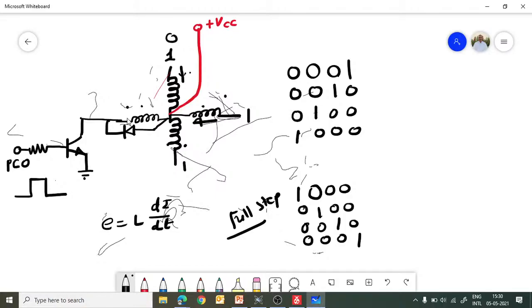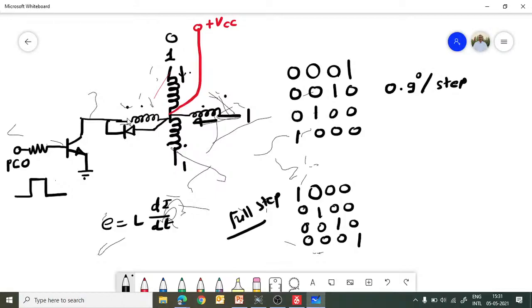The number of steps required to complete one revolution would be 400 steps, because at every step the motor will rotate 0.9 degree, right?